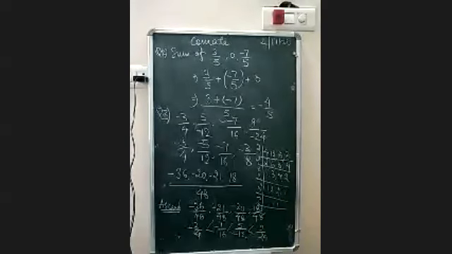Okay, now moving on to the next question. Will you please tell me what is the next question? How many rational numbers can we find between any two rational numbers? Now you people only give me the answer. I have told you also that you can find out how many rational numbers in between two numbers. Infinite. Yes, infinite. Answer would be infinite. Okay, it will be infinite.